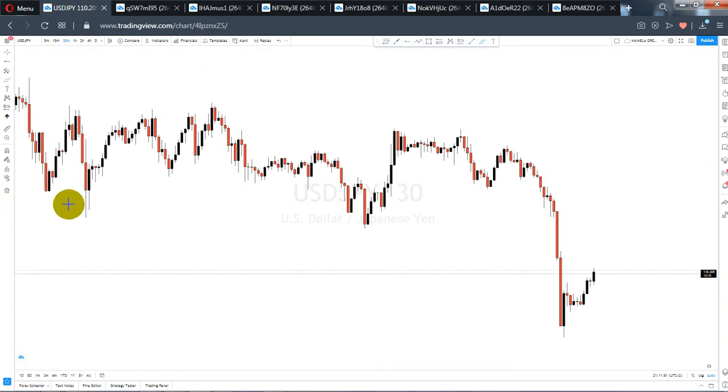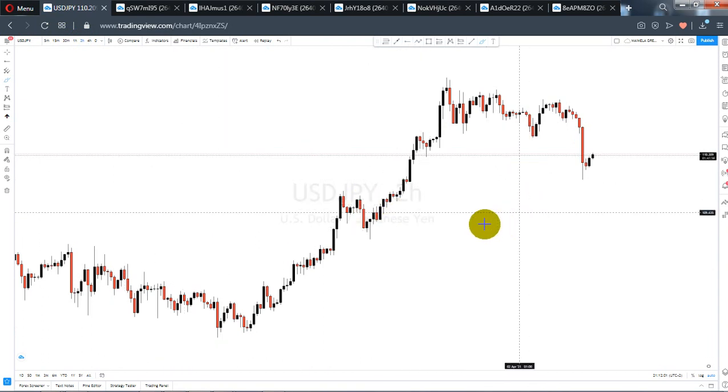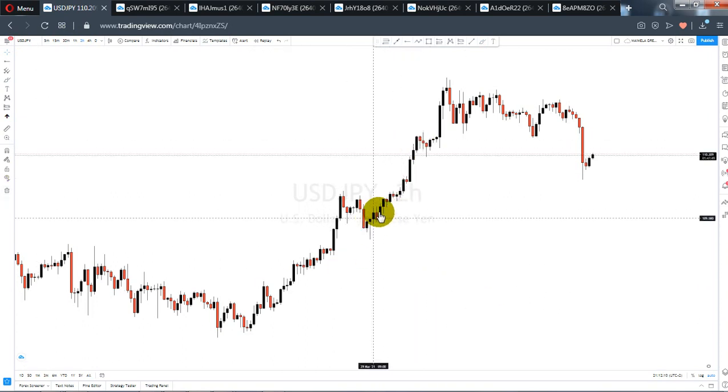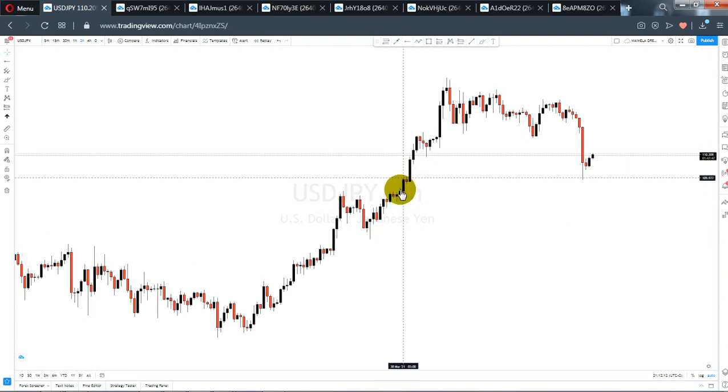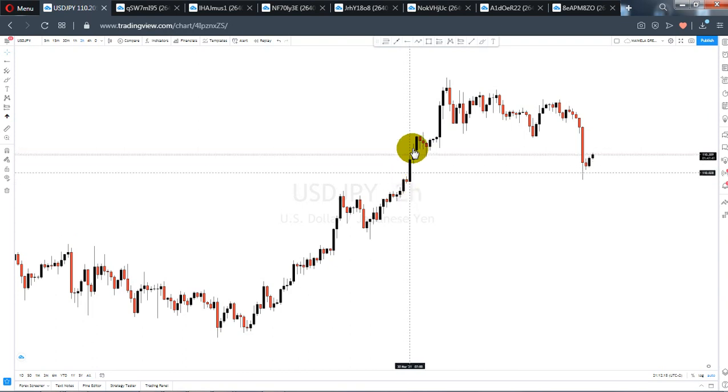Then I also had to spot my demand zone where I think they will reverse. As you can see, I had to go to the previous market here and watch the movement. If you look at this movement here, you can see that the market was weak at this point. Then as you can see, they gave us this pullback here. Then after this pullback, watch how the market made a big rally here,